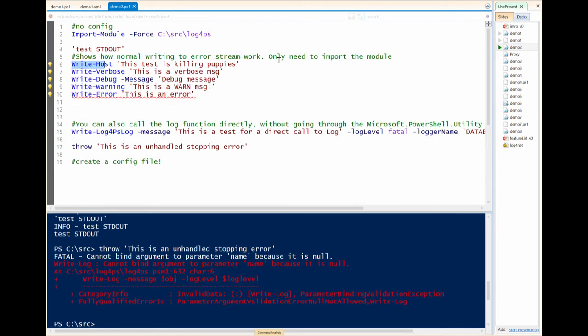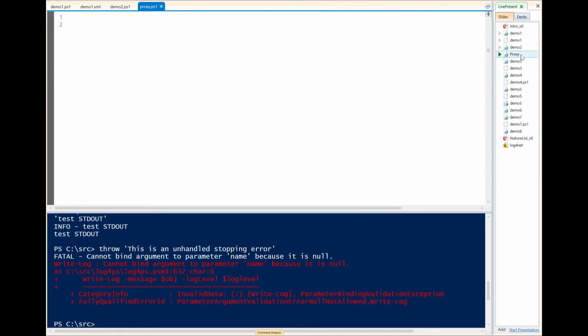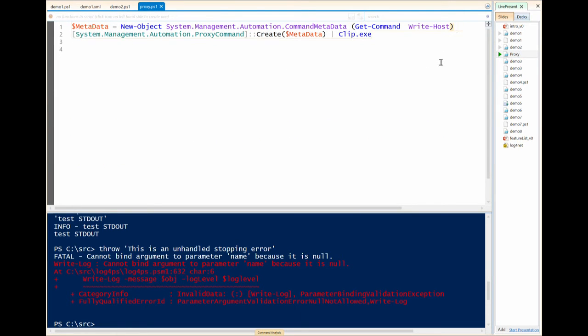Have you heard of command proxy? Who's heard of command proxy? Okay, I'll show you roughly, very quickly. So a command proxy is,